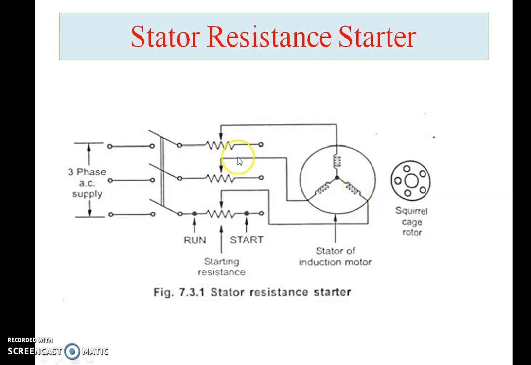But I want to control the starting current. So I insert the external, or additional, resistance on the stator side during the starting period only. Then what happens when I connect this motor to the three-phase AC supply, where 400 volt is applied? Because of these resistances, my current value is going to reduce, because current and resistance have an inverse relation. So if I add resistance in the stator, it will reduce the starting current.